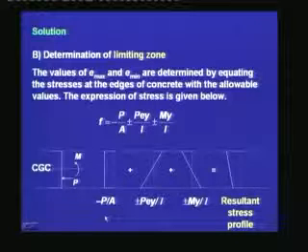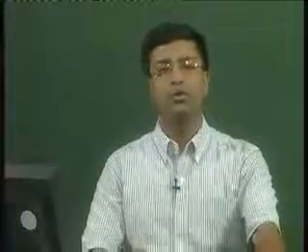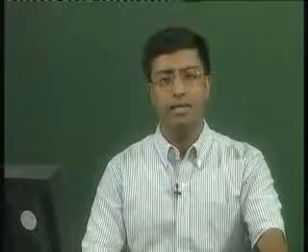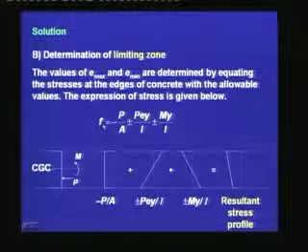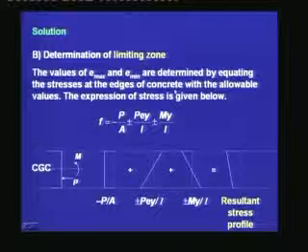At this stage, we have the properties of the section. We know the self weight, and now we are moving on to calculate the limiting zone. The values of Emax and Emin are determined by equating the stresses at the edges of concrete with the allowable